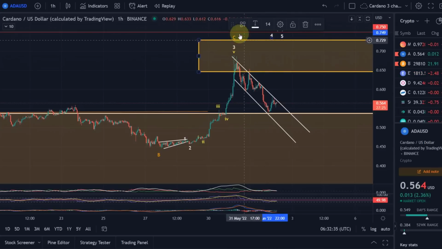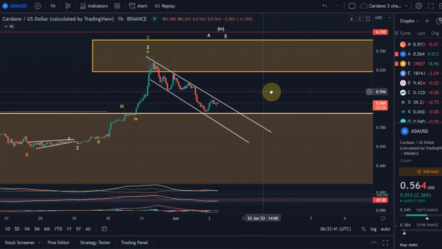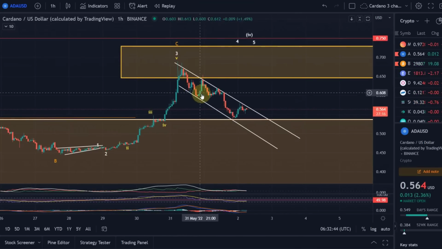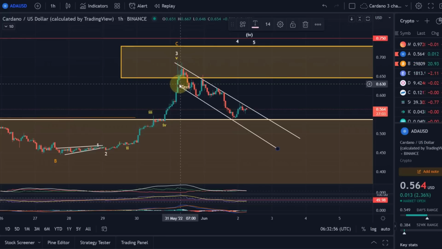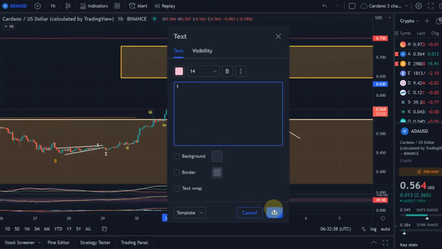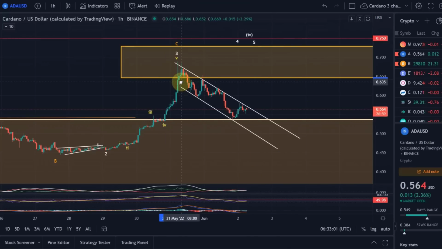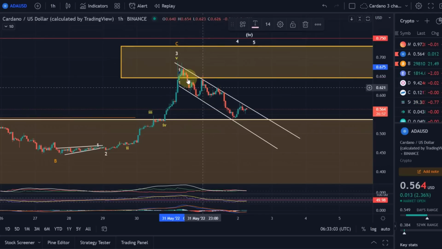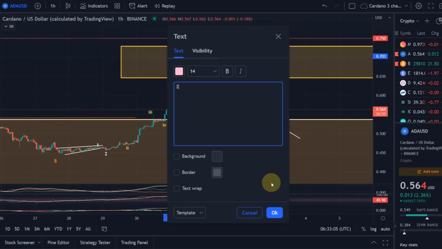Let's assume the wave high is already in here. Then we came down in obviously an impulsive move down, in a 1, 2, 3, 4, 5. So we can label that just to show you. Actually, my view is after this peak here, this was already the high, and then we came down in a wave 1 down and a wave 2 up. So just to label that here, it would be a wave 1. We had that already up here, just around 63 cents. And we're coming up in a wave 2,